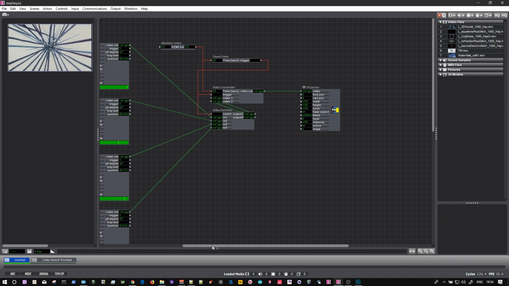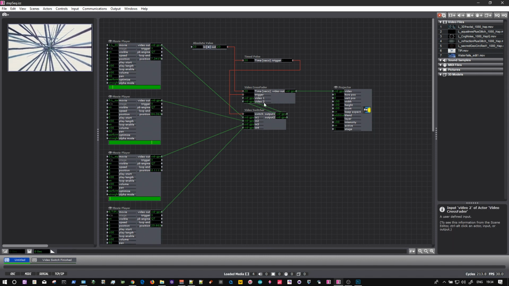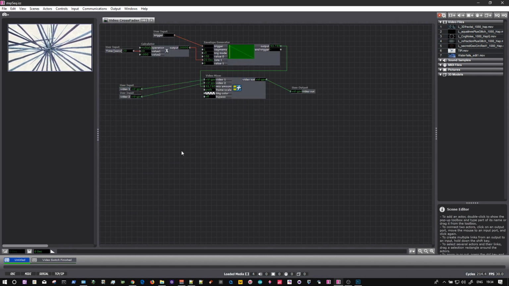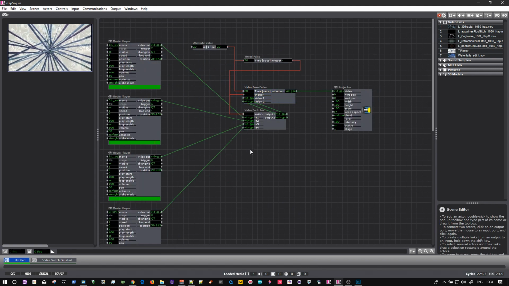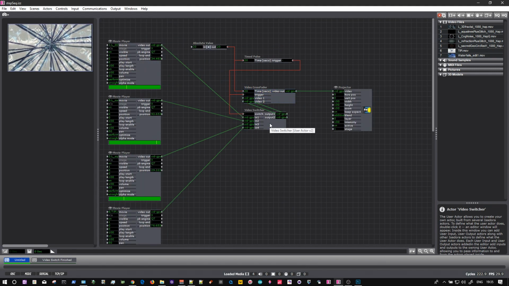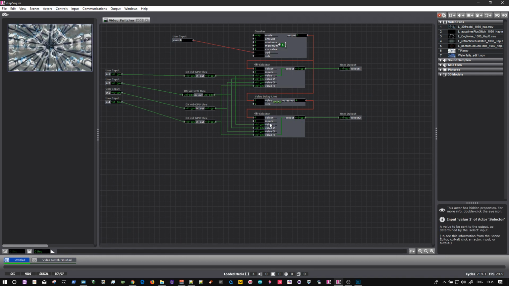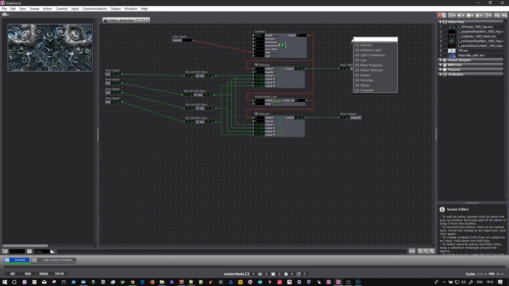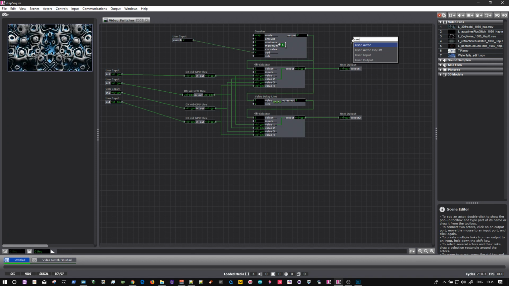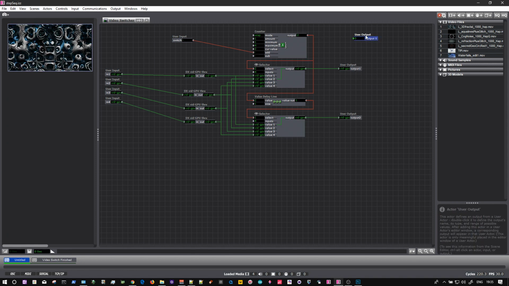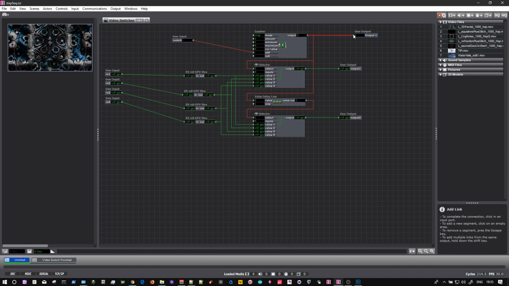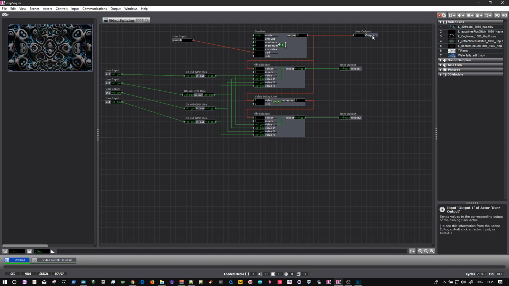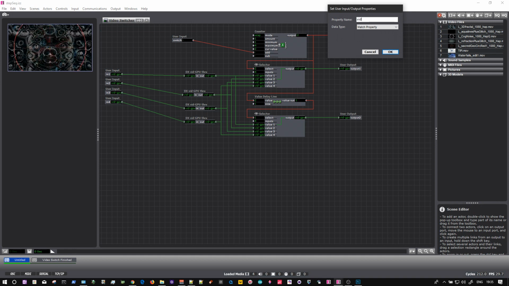Trying to think if I should add anything else to this for you. Well, sure. One thing I did consider before is if this is a sequencer and you want maybe to trigger other things based on the content that's being played at that point in time, kind of like a drum machine sequencer or something like that, that you may want a couple extra outputs, a couple different user outputs, just to tell you what is active in which channel. So this will be video 1 active,